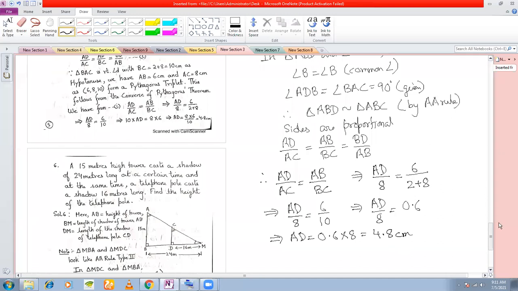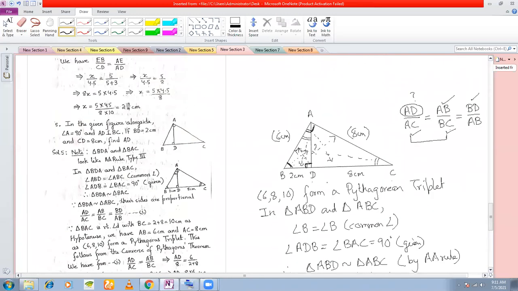Fine. So the only trick here was that the two lengths were not given, and we found out the length of the other two sides by Pythagorean triplets. Now, if you had taken this as 8 centimeters, and if you had taken this as 6 centimeters, then you would have got a different answer. So either way, it will work. Now, what will happen is that sometimes in the problem they may give you like this. Additionally, they will give you the side AC is greater than AB. Suppose if they give you side AC is greater than AB, then you will have to take AC to be 8 centimeters. You will have to take AB as 6 centimeters. Clear? Any questions here?